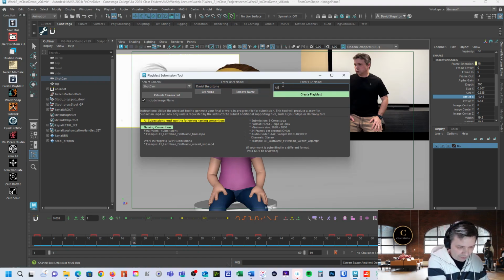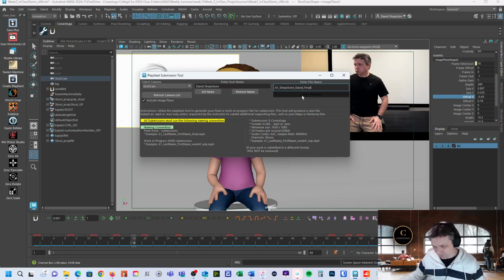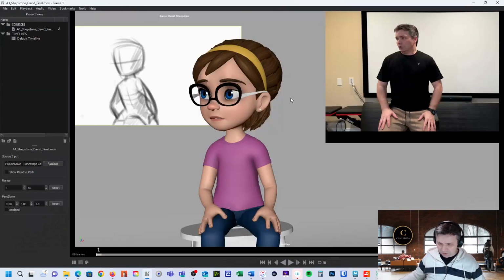So I'm going to go A1 underscore last name, first name, and this will be your final for this one, and then just hit Create Playblast. Okay, give it a second. It's going to create that Playblast for you, and it will save it into your movie file, and it'll give you everything you need. So you can see that it's placed my name up here, it's given me all my image planes,